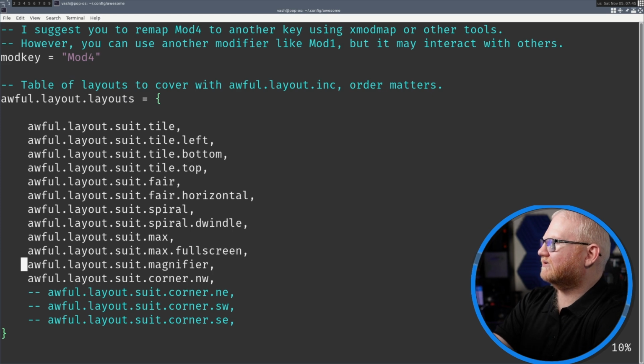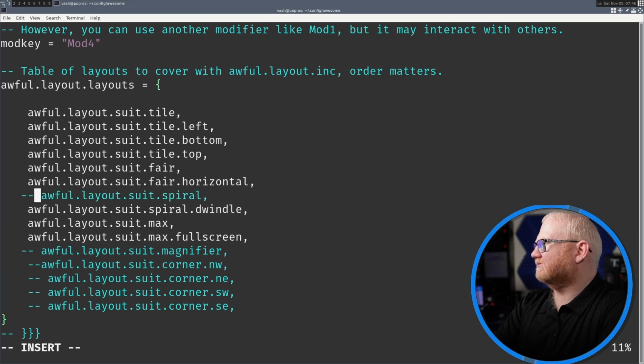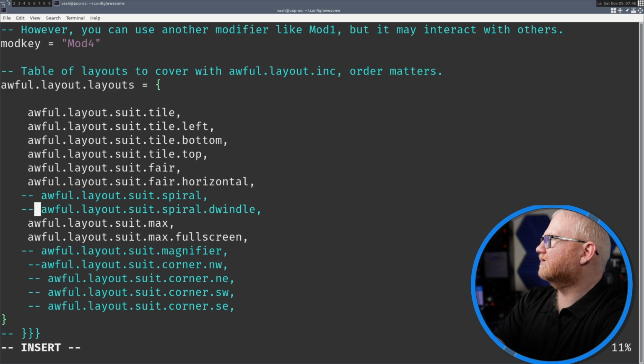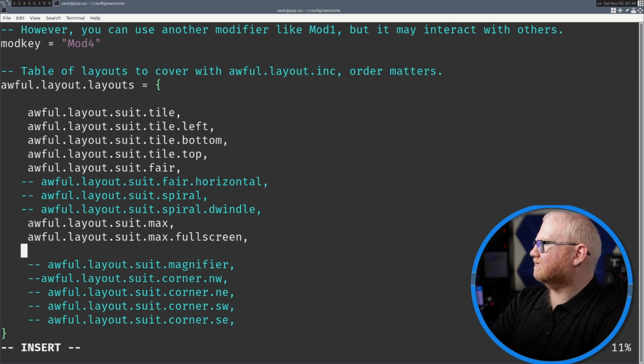So like magnifier, I'm going to go in, insert and dash dash, dash dash. And let's go in and get rid of these two spiral ones as well. I don't think I'll be using those for now. And fair horizontal. I may use fair, but probably not horizontal. Anyway, now that we've done that, we can also insert a new row and say